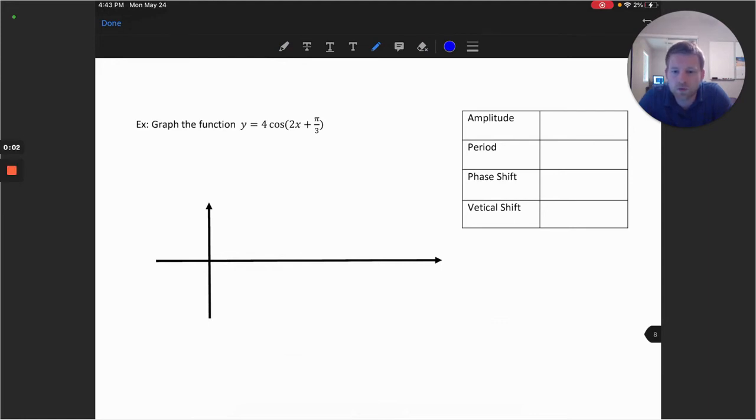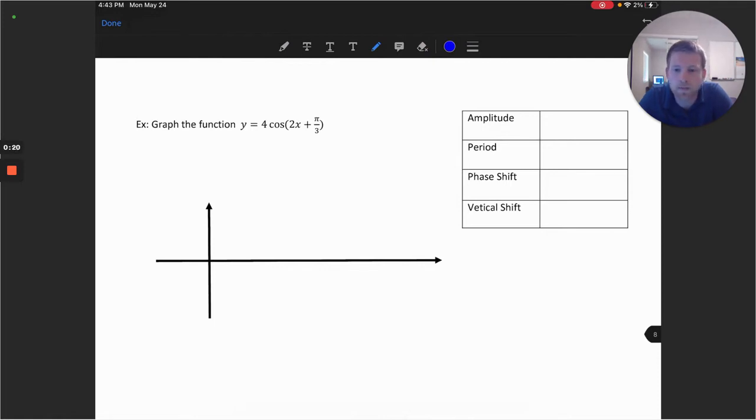Welcome. In this video, we'll take a look at another sinusoid function. This time we'll look at y is equal to 4 cosine of 2x plus pi over 3. So let's start by going through our list and figuring out our amplitude, period, phase shift, and a